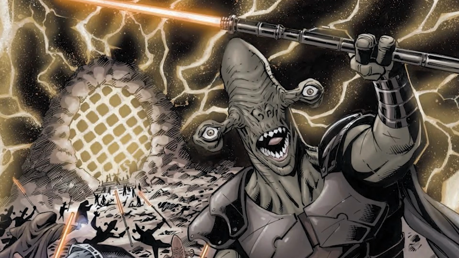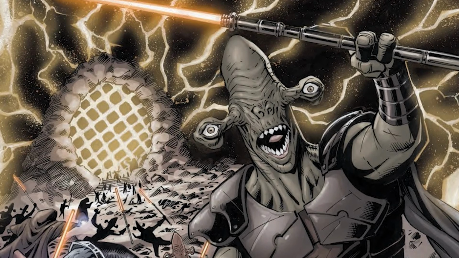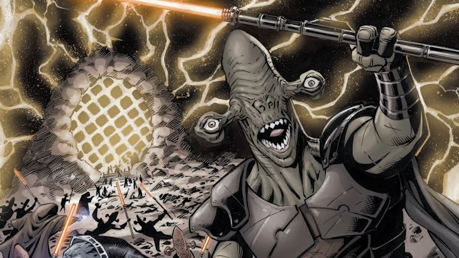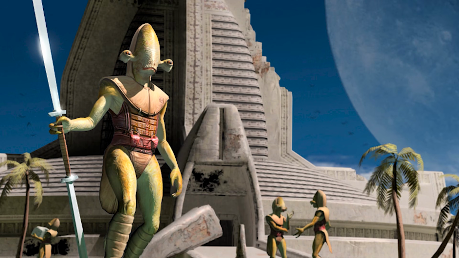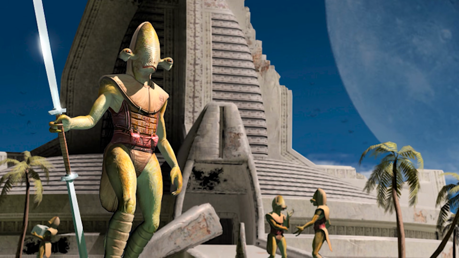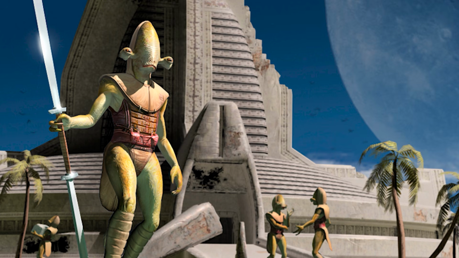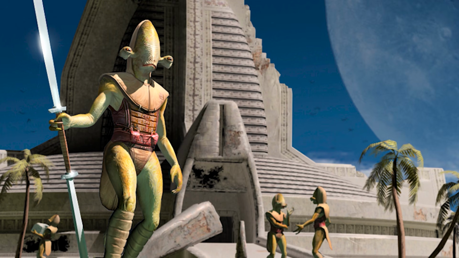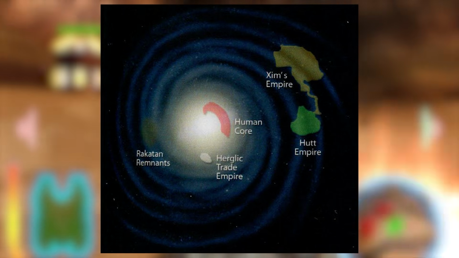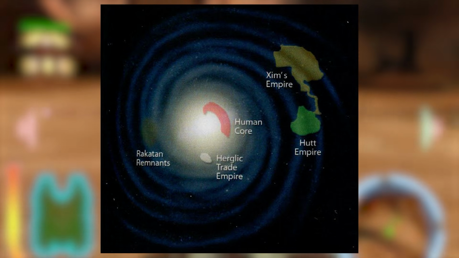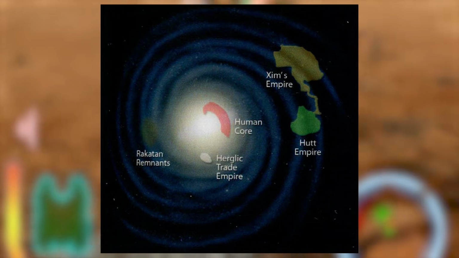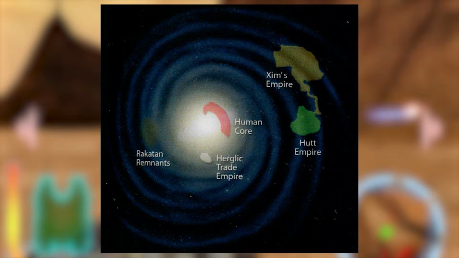As we covered in a recent video, before the formation of the Republic, these planets, like most of the populated galaxy, were enslaved under the tyrannical rule of the Rakatan Infinite Empire. When a plague stripped away the Rakatans' abilities to use their force-powered technology, all of their subjugated territory rose up in revolt, freeing themselves and leaving the Galactic Core as a series of relatively disconnected planets or smaller states. Many of these core worlds, who would go on to form the Republic, were human-dominated, having been populated by sleeper ships sent out over the centuries by Coruscant, sometimes during Rakatan rule, but usually a little bit after.